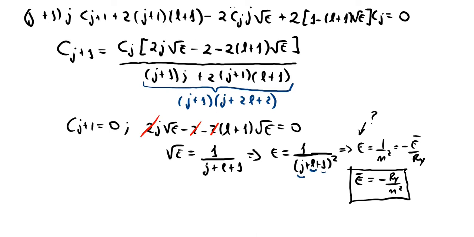So here I get a solution that in terms of energies is the same as in Bohr's solution for the hydrogen atom. What is the extra information that I get from here? Is that this n is not really just an integer. It's not as simple as that. This n has a rule for it, right? It has to come from something like that. So what I'm saying now is that n has to be something like j plus L plus 1,